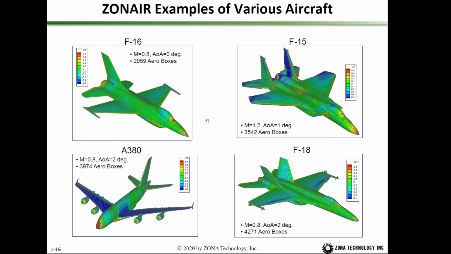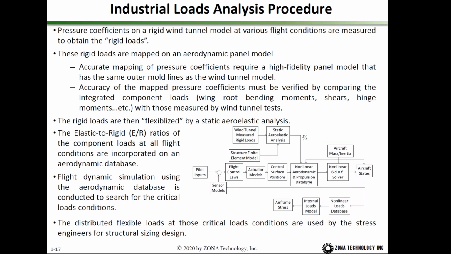And this is the ZONAIR model for various aircraft: the F-16, F-15, Airbus 380, F-18. Then this slide shows the industrial loads analysis procedure. The pressure coefficient on the rigid wind tunnel model at various conditions is measured to obtain the rigid loads. So you have wind tunnel measured loads, and then the rigid pressure is mapped onto the aerodynamic model, and